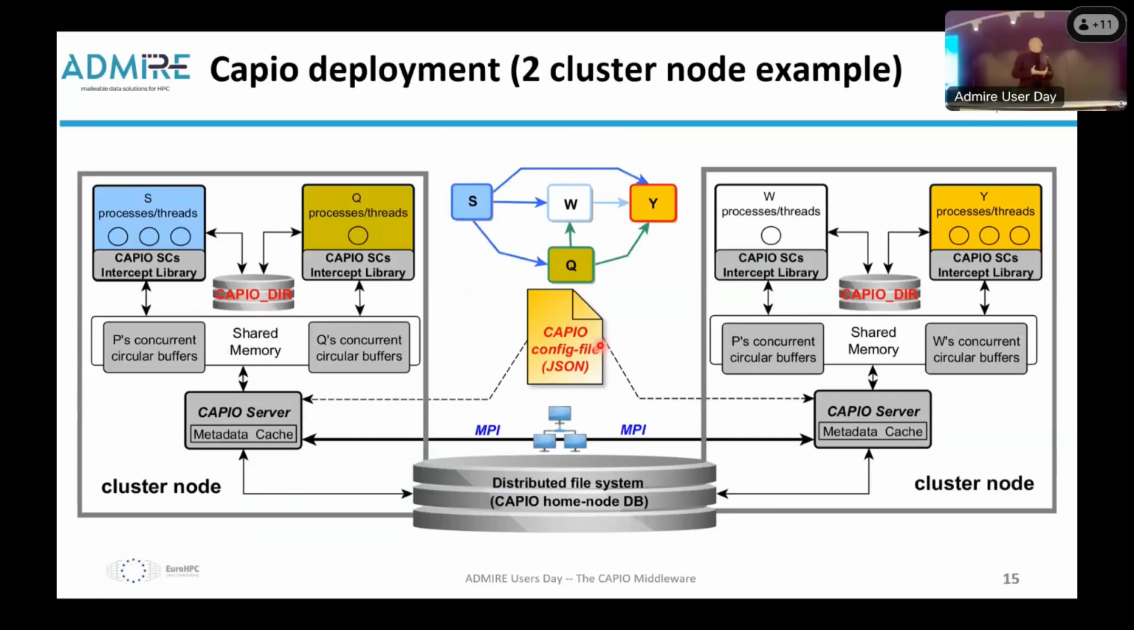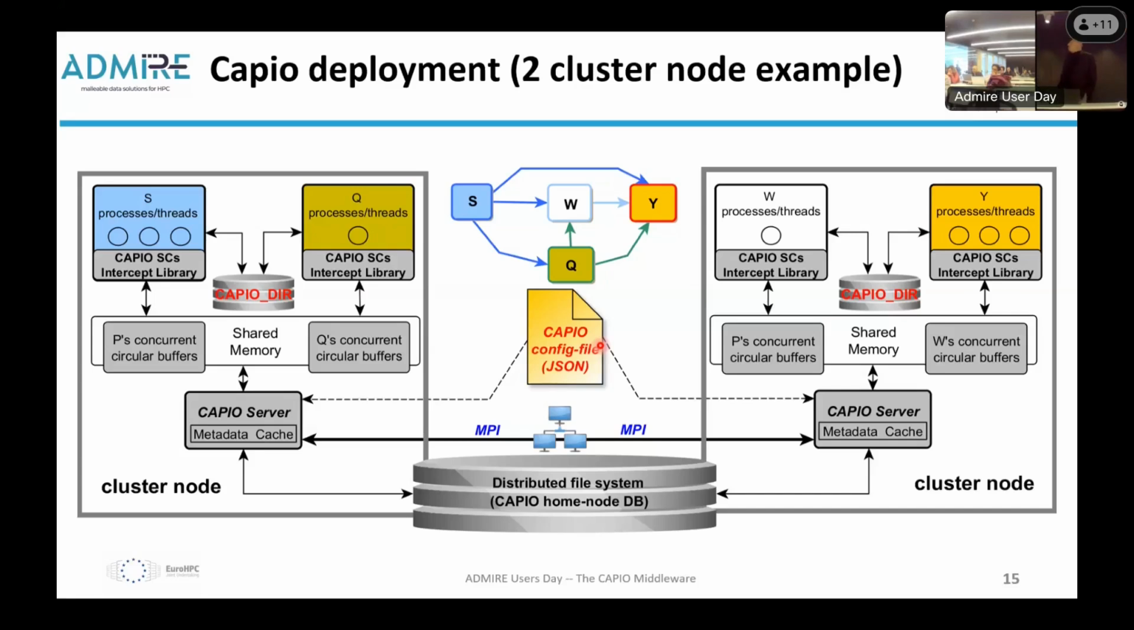Just an idea of the deployment. Here we have a simple example of a two-node cluster where we deployed part of the processes of our workflow on one node and part on another node. Then we have our CAPIO dir for intercepting the system calls. The data intercepted through POSIX shared memory will be passed to the local CAPIO server that knows the information contained in the CAPIO coordination model, the configuration file, and enforces the